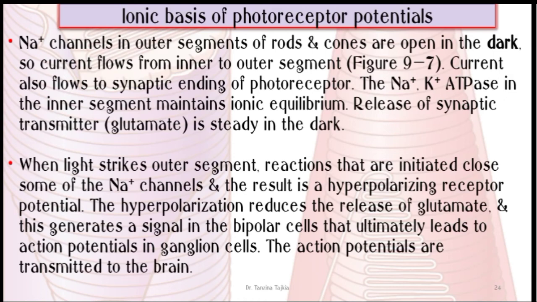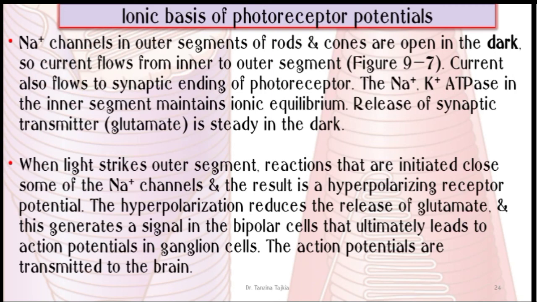Ionic basis. What is the ionic basis of the photoreceptor potential? Sodium channels in the outer segment of rods and cones are open in the dark, so current flows from the inner segment to the outer segment. Current also flows to the synaptic ending of the photoreceptor. The sodium-potassium ATPase in the inner segment maintains ionic equilibrium, and release of the synaptic transmitter, glutamate, is